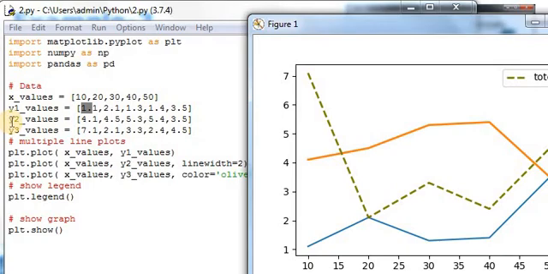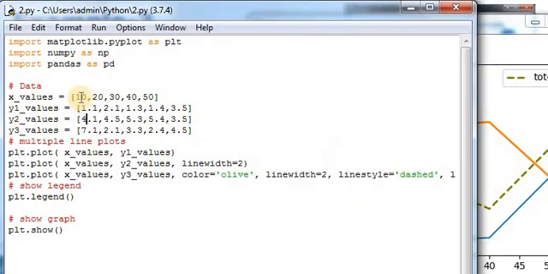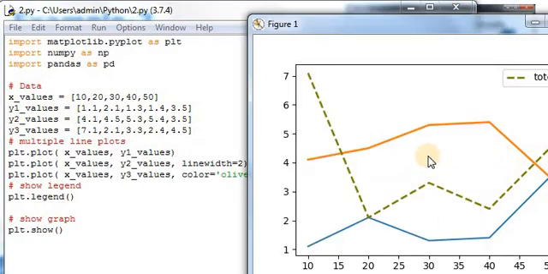For the second, I am giving the y2 values. If it is 10, then it will be 4.1. So this is the line that will become the orange color. If the value of x is 10, at that time the value of y is 4.1. After that it is 4.5, then 5.3, then 5.4 and after that it is 5.